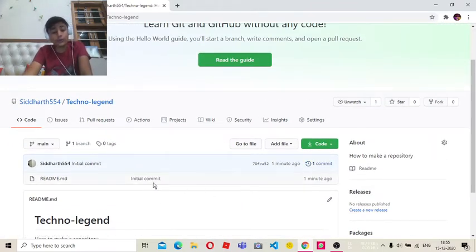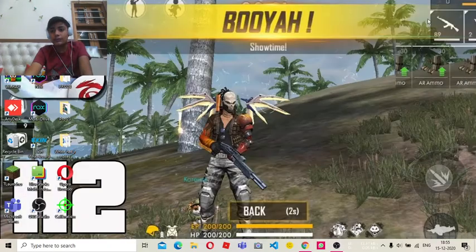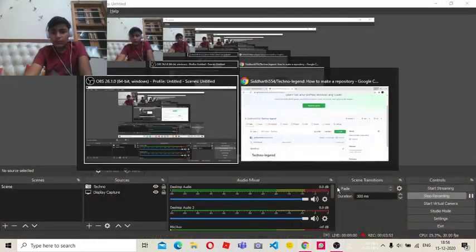And after that, how to upload your code here. For that you need your code somewhere. So you can see my code is here. All the codes are here. So I am going to upload boilerplate here, and I am going to go to my Chrome.